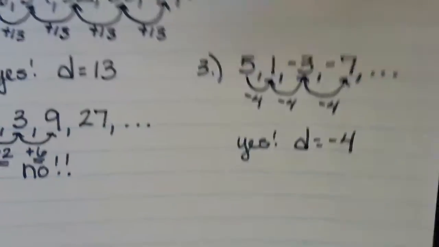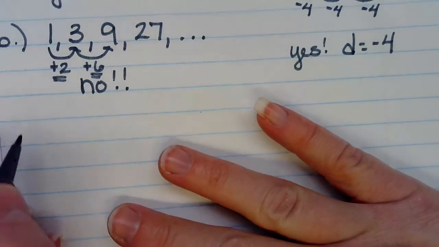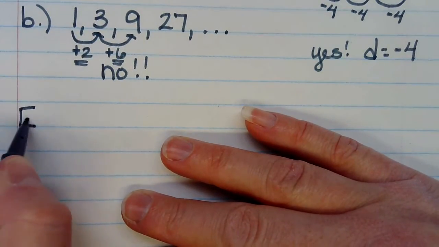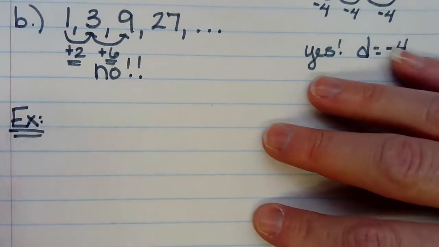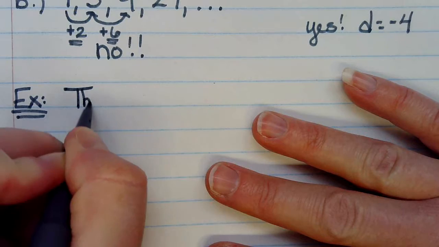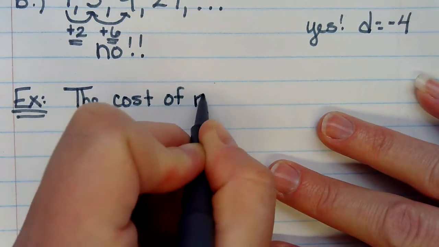One more little thing, and this is still easy. It's going to look like a story problem, but it's an easy story. It's like the easiest of all story problems. So here's the last example. This one has a little bit of writing too. So the cost of renting a bike